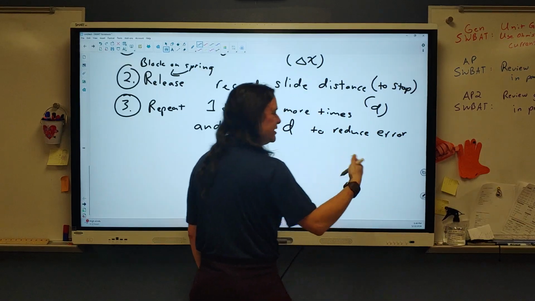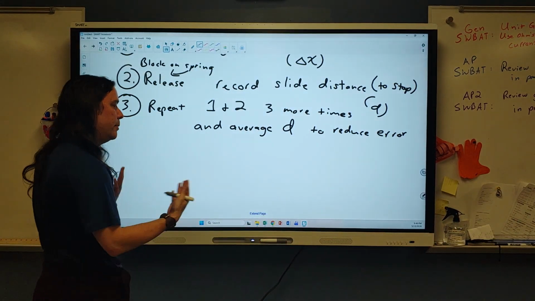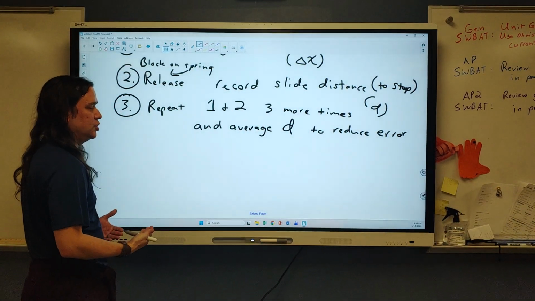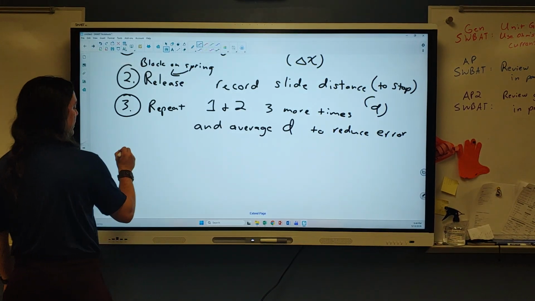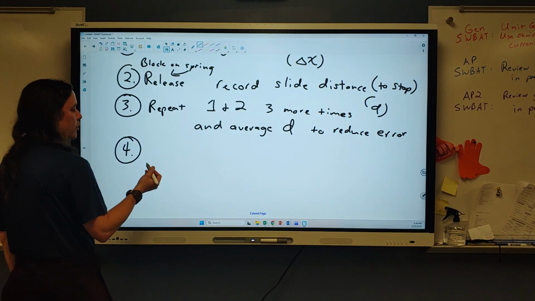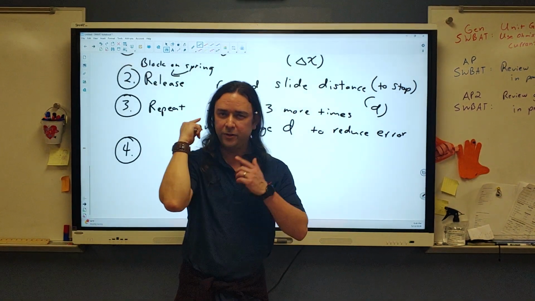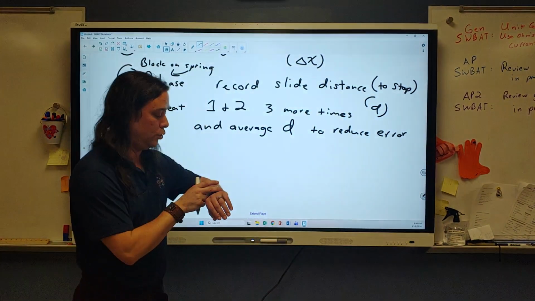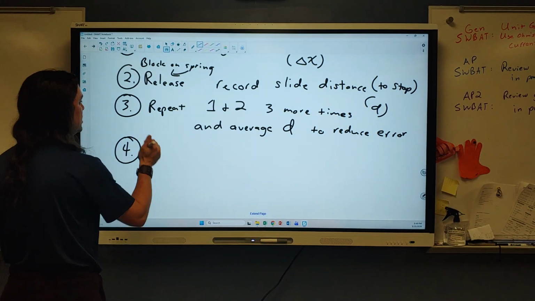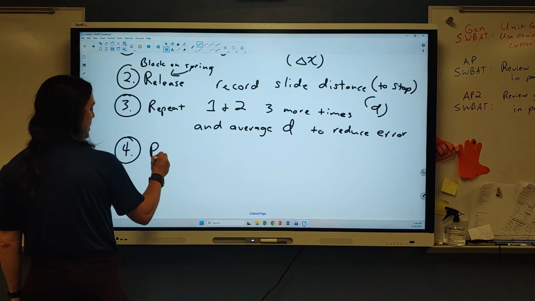You might have it where it slides a little bit more one time, a little bit less another time, but it should slide about the same distance each time, so that's why we're averaging this, because it should be about the same value. Then finally, and this is kind of an important thing that's easy to overlook, since you're generating a graph, this will probably get full credit, but as someone who thinks that this is good for you all to be very thorough on it, you would need to then repeat